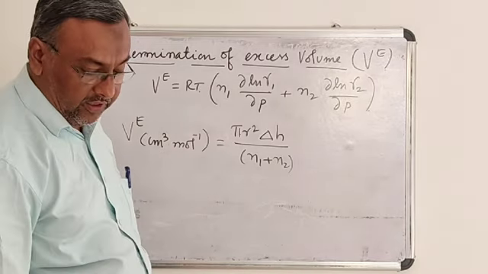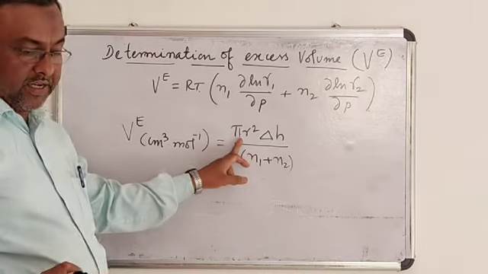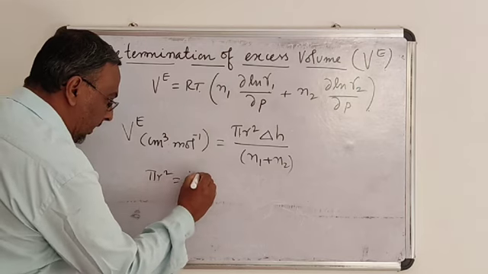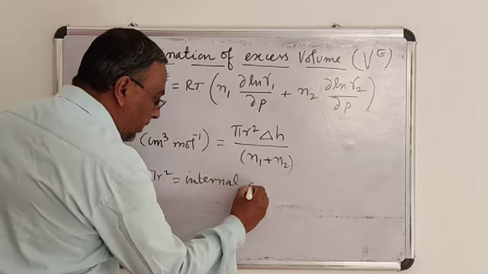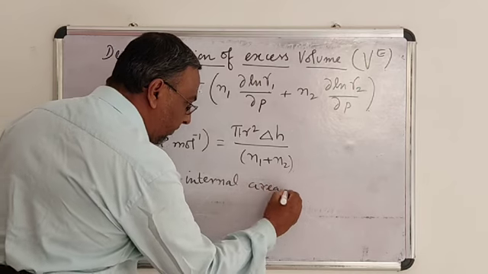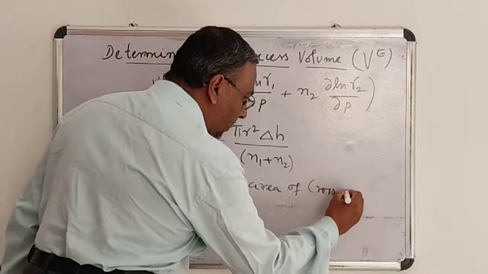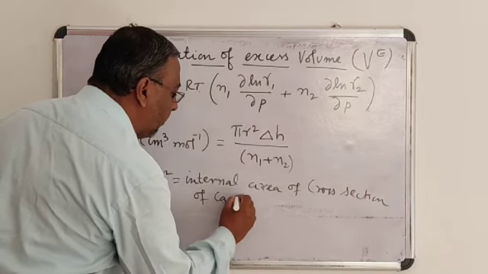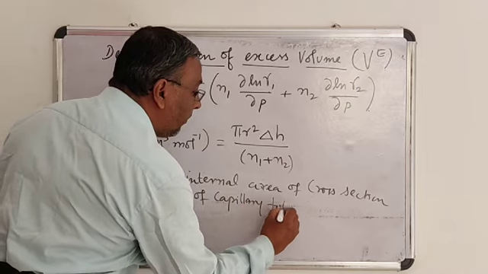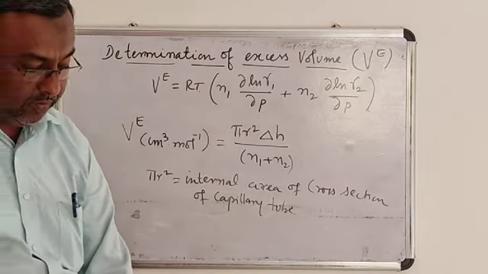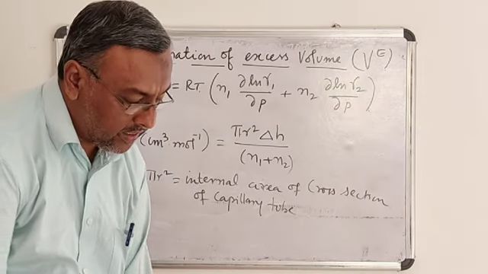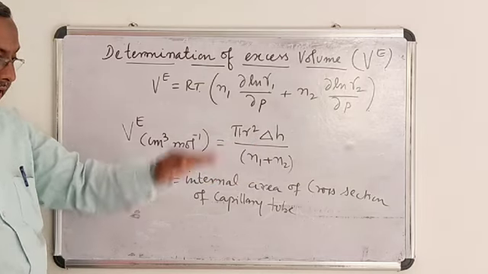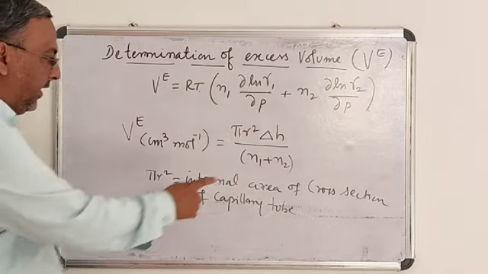Pi r square is nothing but the internal area of cross section of the capillary tube, and delta H is the difference of height raised in the capillary tube, and N1 and